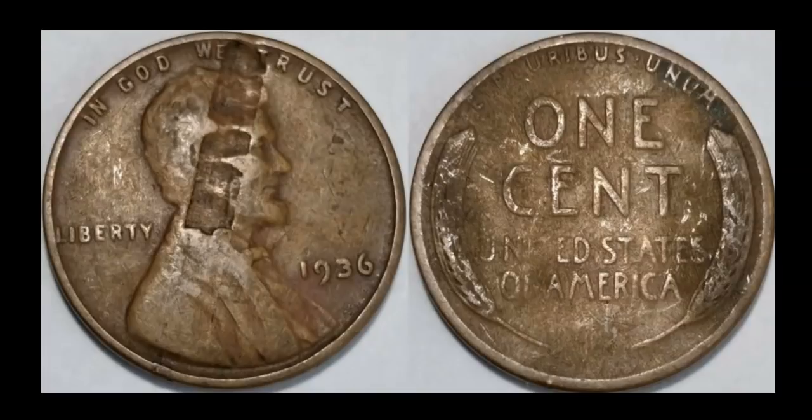Okay, another lamination on a rather common date, and boy, is this thing rough looking. The reverse has a lot of corrosion, a lot of stuff going on here, but you can see that lamination peel right there. So it's a 1936 for starters. Again, common date. Someone says, oh, it's a little bit earlier. Yeah, I'm like, yeah, they sure are. But this one right here,